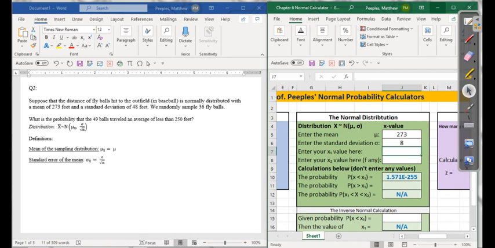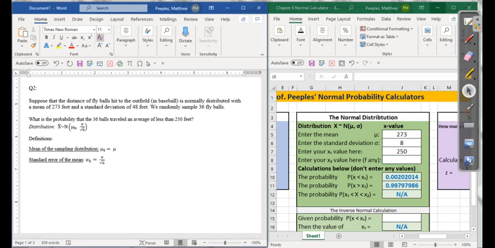And we're asked for the probability that the 36 balls, this should be 36 balls, traveled an average of less than 250 feet. So that's what we enter in for X1, 250. Well, there it is. The probability that they traveled less than that,